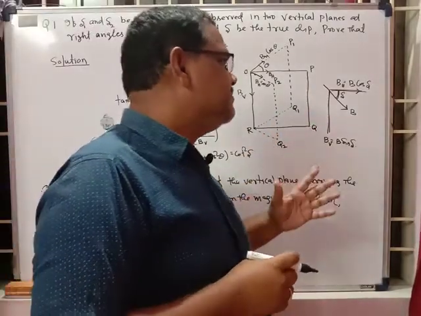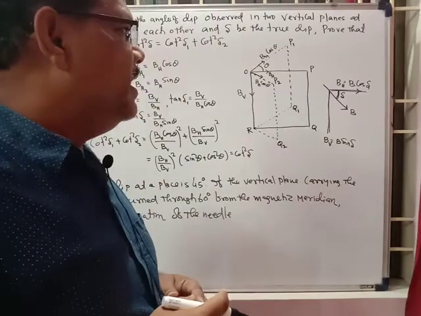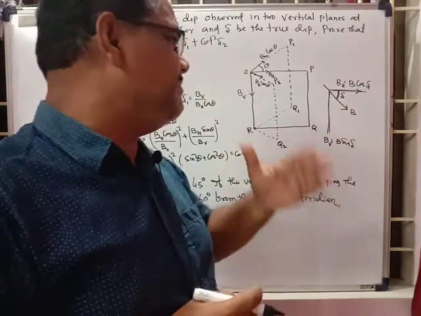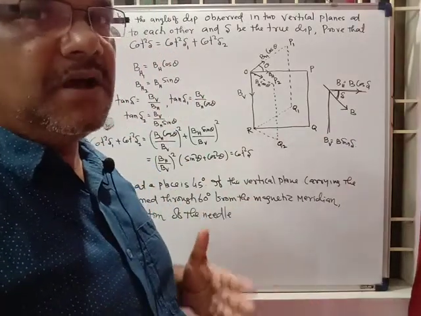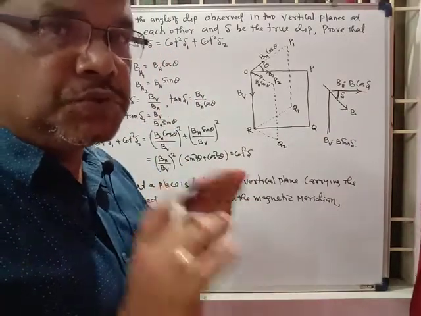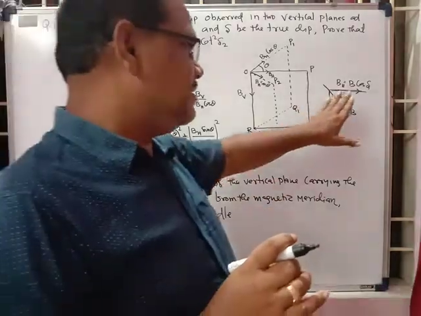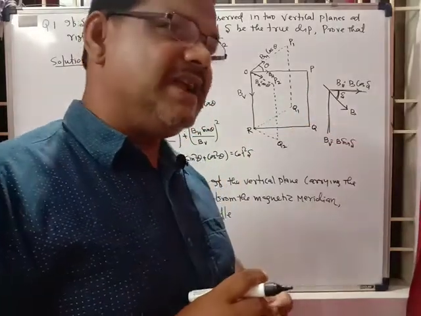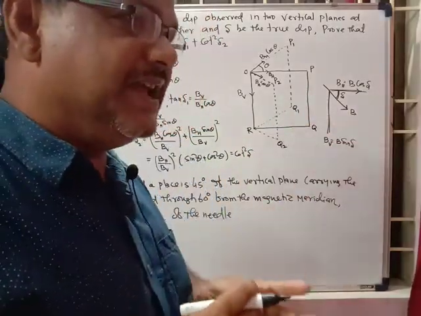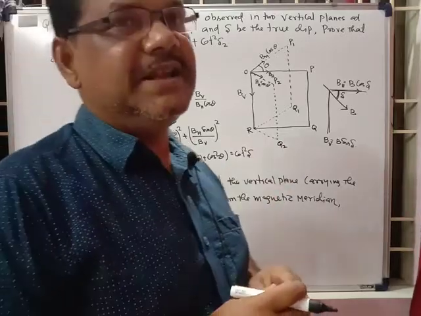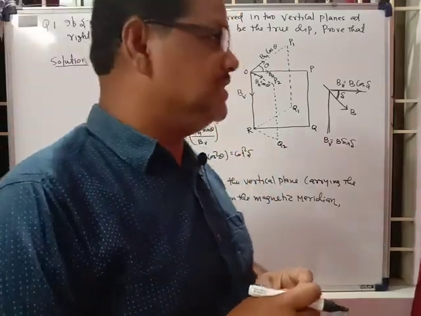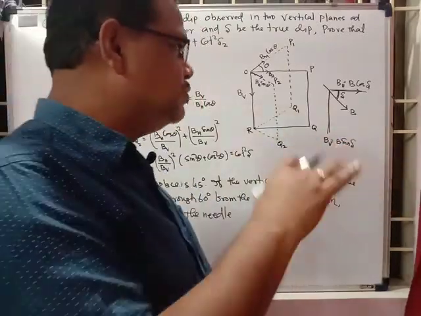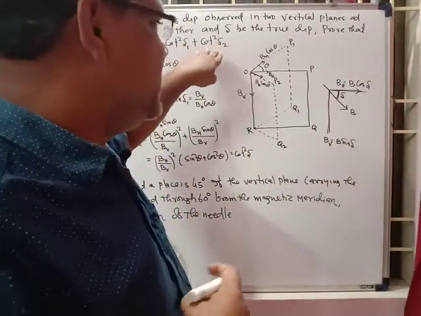Now I would like to tell you some numericals. If the dip circle is lying on the magnetic meridian, the dip or inclination you get is the true dip. If the vertical plane is slightly shifted from the original magnetic meridian, then the dip you get is the virtual dip. On the basis of the virtual dip and true dip, the questions are designed accordingly.